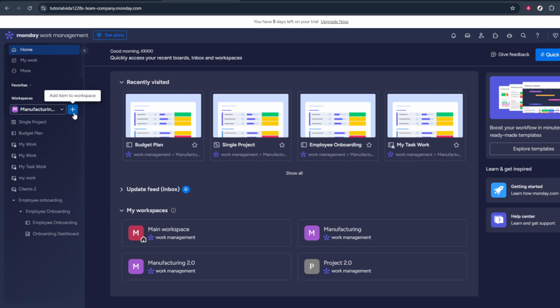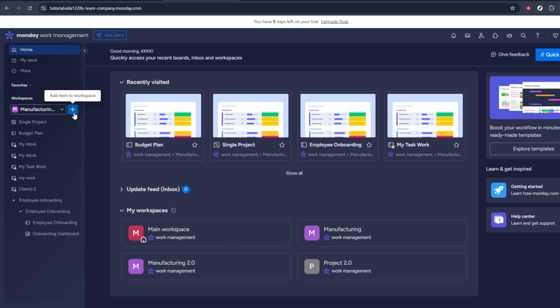First, open your web browser and go to Monday.com. If you're already a user, simply log into your account. If you're new to Monday.com, you'll need to sign up for an account to access its full range of features. Once you're logged in, you'll find yourself on the main dashboard where you can manage all of your projects and